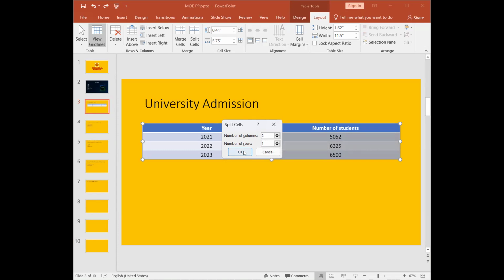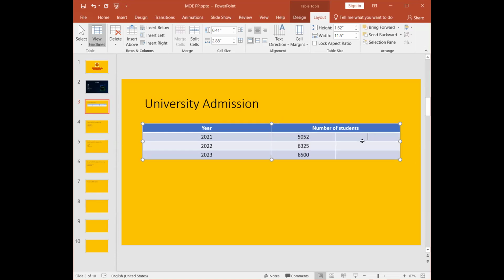Then click on OK. Right. Now in this section you have two columns. But the main column heading is still a single column, right? Like that, you can customize a table,